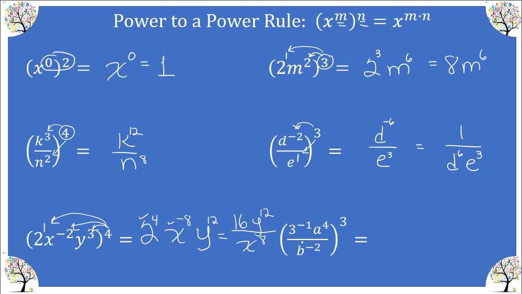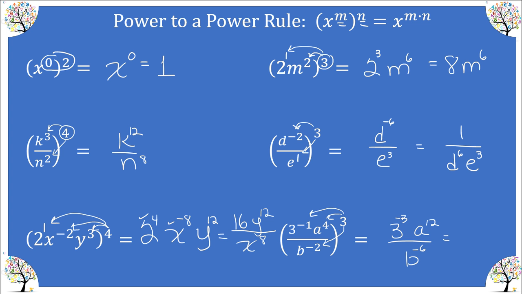And our last example, we have 1, 2, 3 factors. So I have a 3, an A, and a B. We're going to distribute this 3 to every exponent. So we get 3 to the -3, A to the 12th, and B to the -6. So we need to move 3 to the